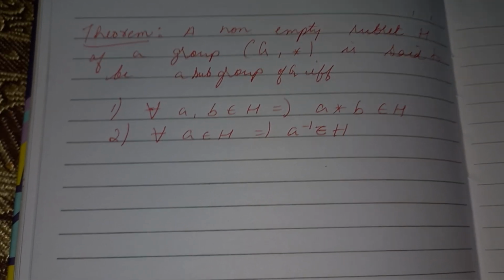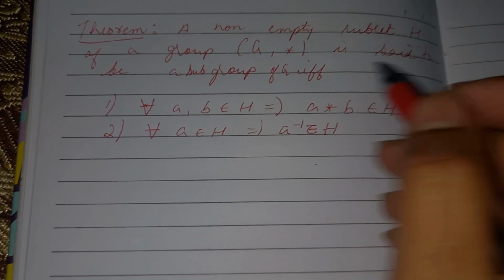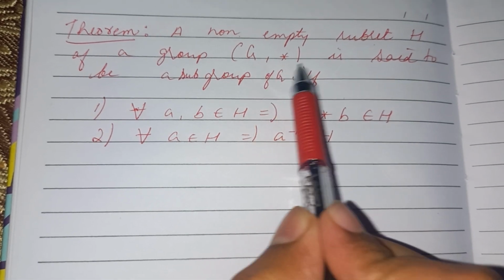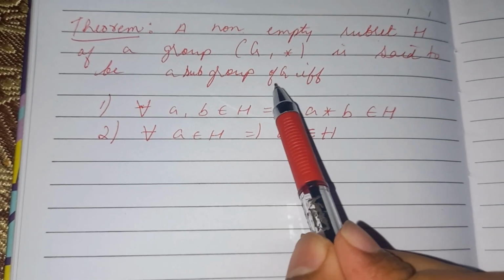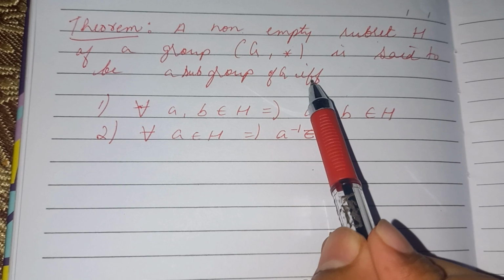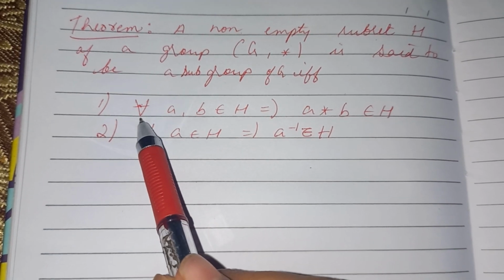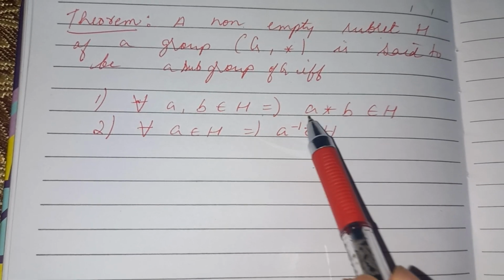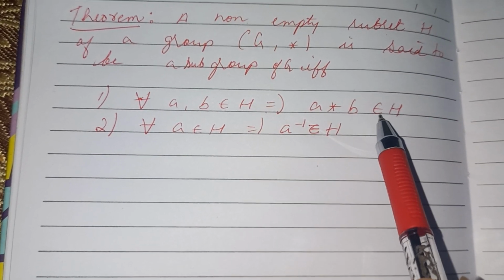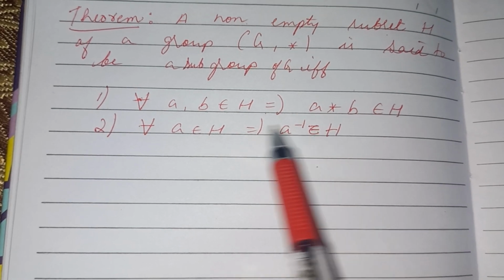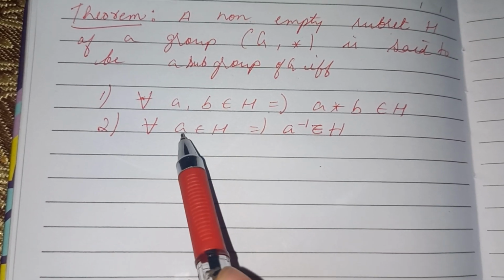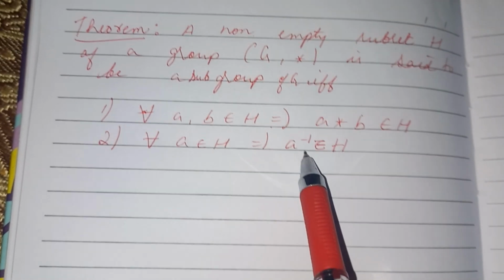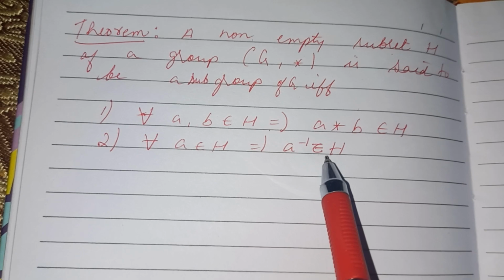Today in this video, I'll be proving a theorem which states that a non-empty subset H of a group (G, *) is said to be a subgroup of G if and only if, for each a, b belongs to H, a * b must also belong to H, which is a closure property. Secondly, for each a belongs to H, there must exist a inverse belongs to H, which is the existence of